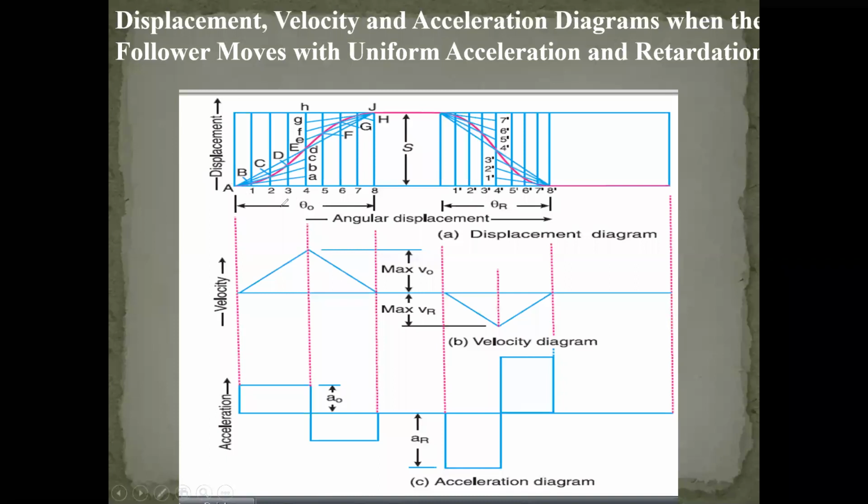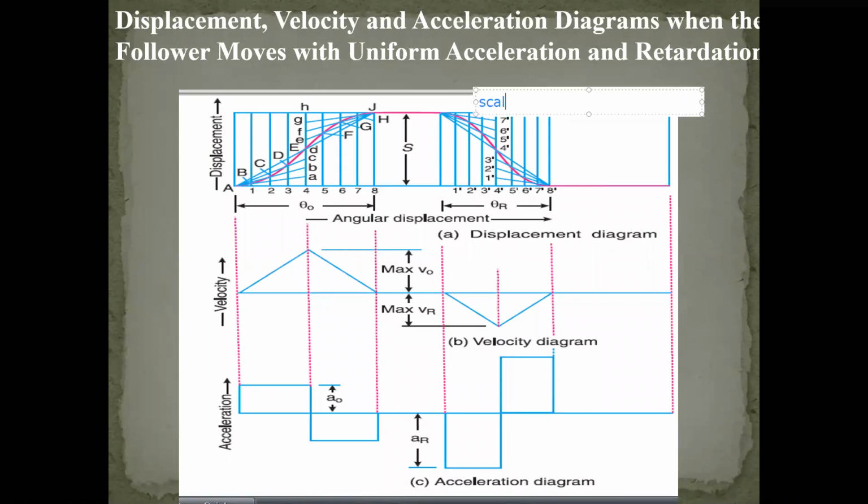Already I told you that is our displacement. The displacement value is the 360 degrees angle, but it is not possible to represent our angular displacement in a linear way. That's why you have to take a scale again. That scale is only applicable for the x-axis. So 3 degrees equals 1 mm.